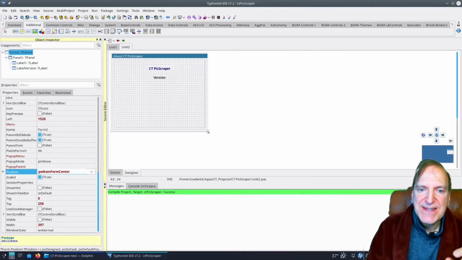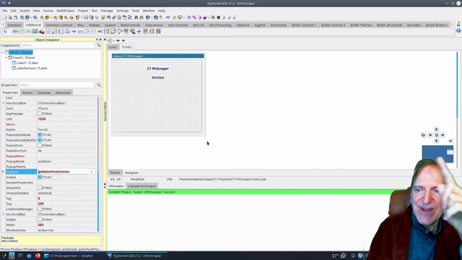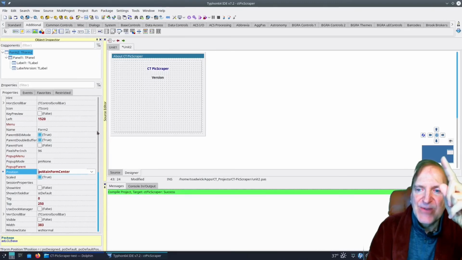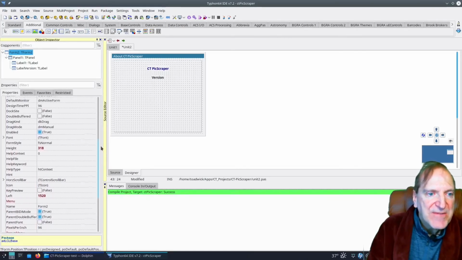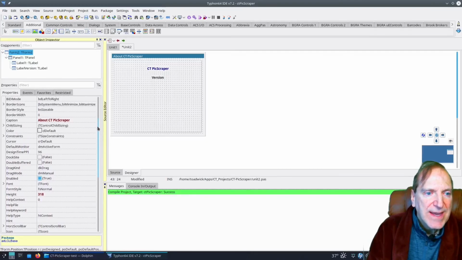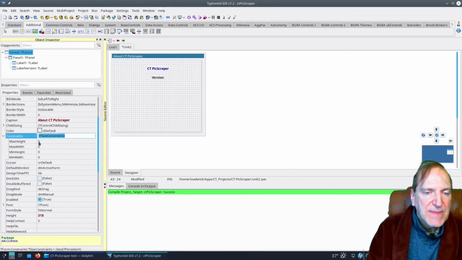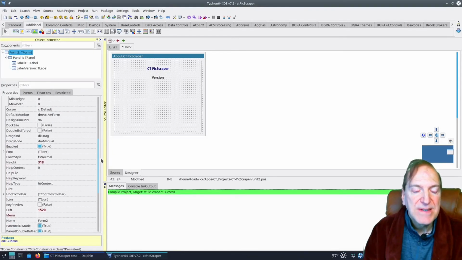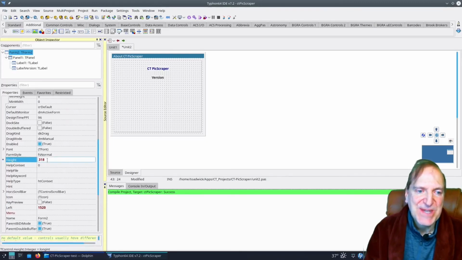And also the reason, check this out. See how it's going off into nowhere? That's because it's here on the edge of the form. Okay, and so I'm going to slide this over here in a minute, right after I go up here and set some constraints, because we want to have this about box stay the same size, so we're not resizing it. And